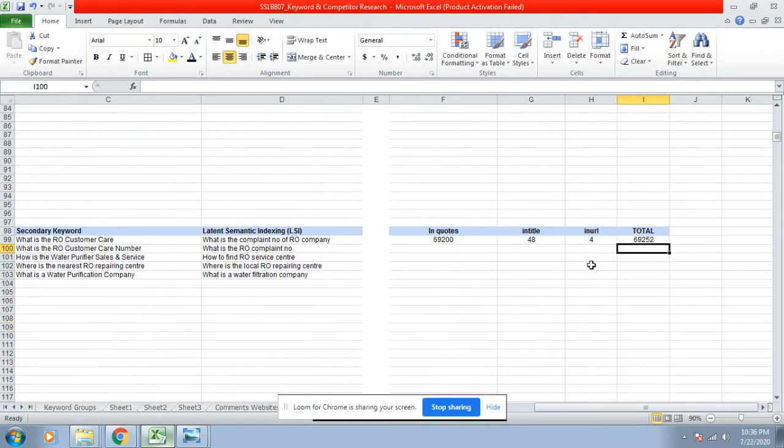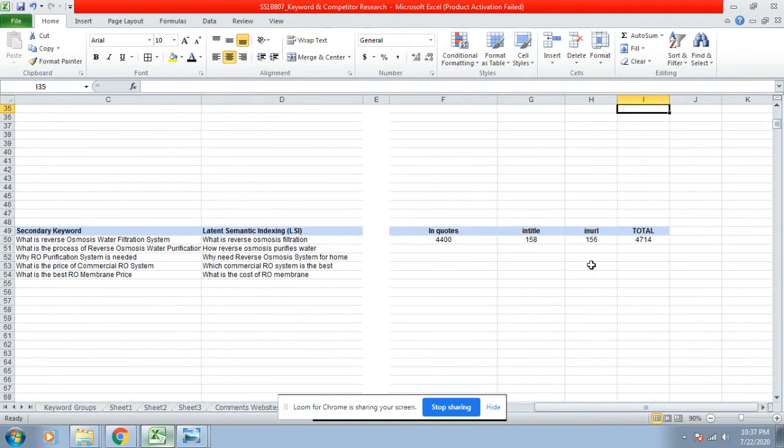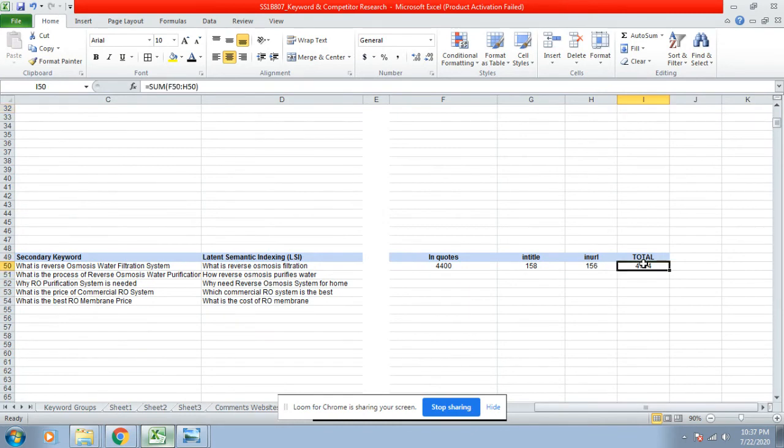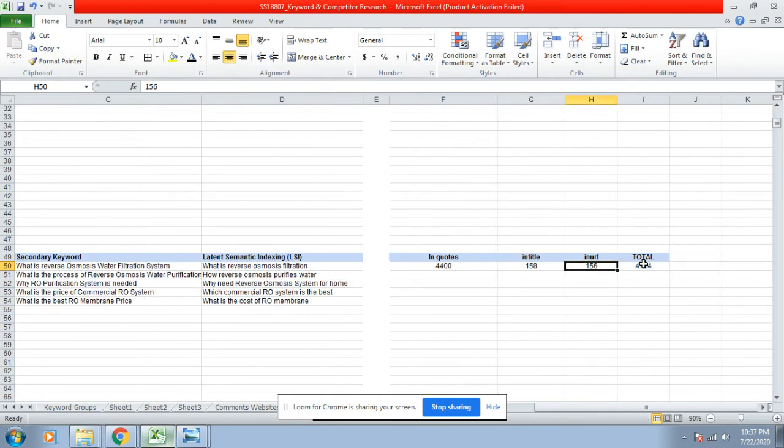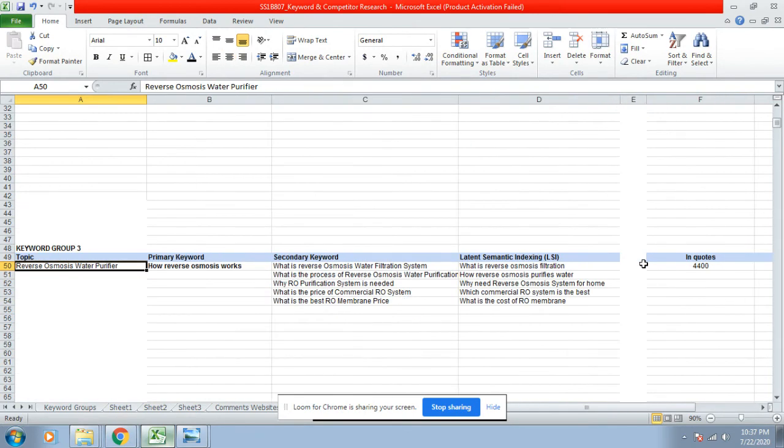Here we see that this keyword group has the lowest number of competitors for this particular primary keyword. So this primary keyword is good for starting a blog and ranking on Google. It has lower competition, and it would be much easier for anybody using this keyword to rank on Google.